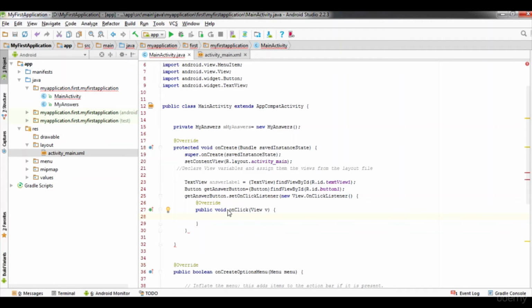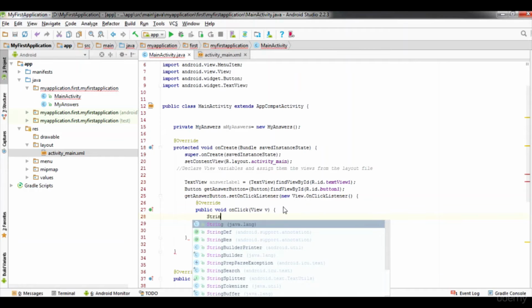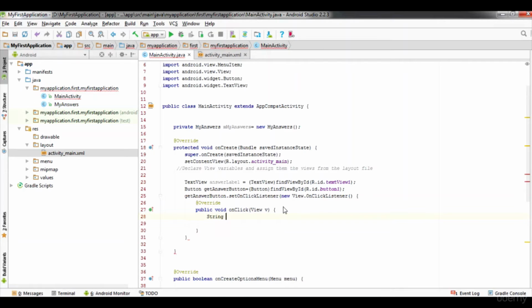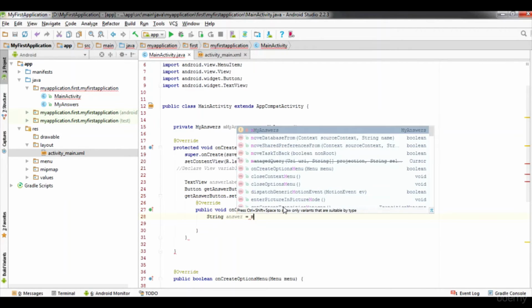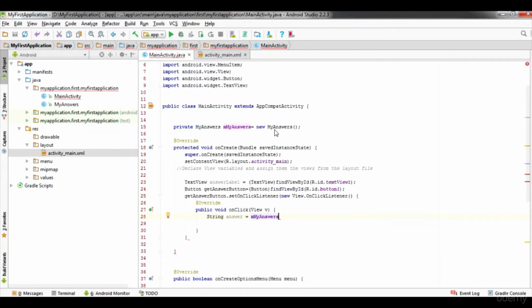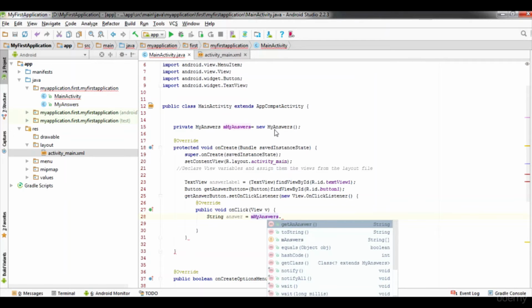So I'll go over here and declare String answer, and I'll set it to answers, as you can see, dot get answer, and then put a semicolon.